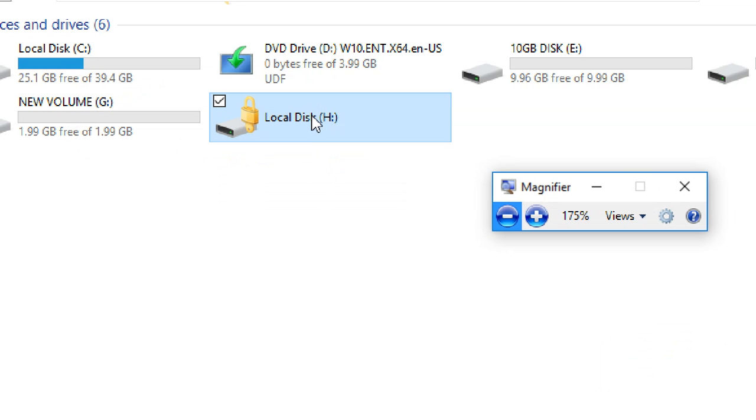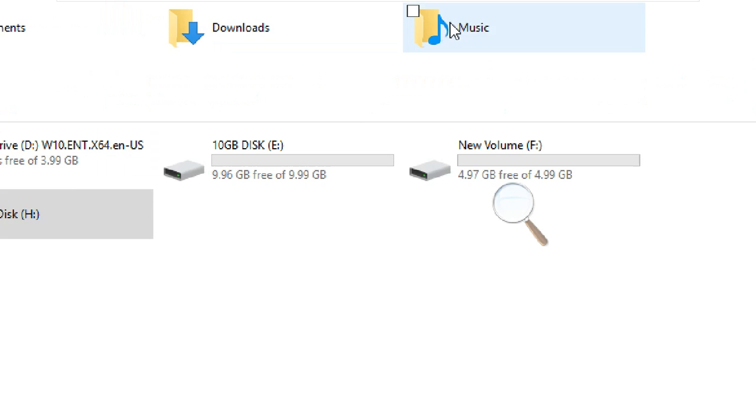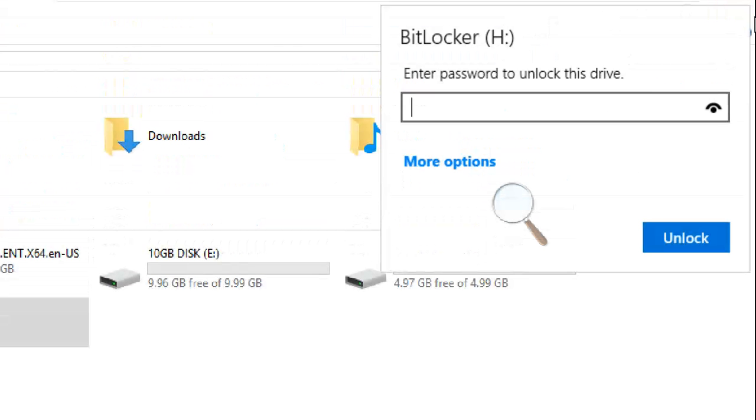Now you want to access the data, even student one or student two, whoever it may be. Double click on it, and it will ask for the password here, in the notification area. So you have to type the password. You can open it. In case you forget the password,